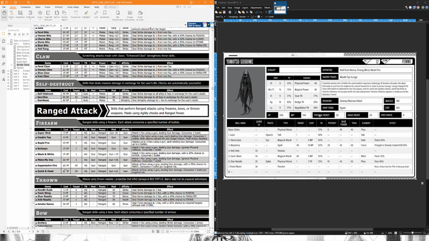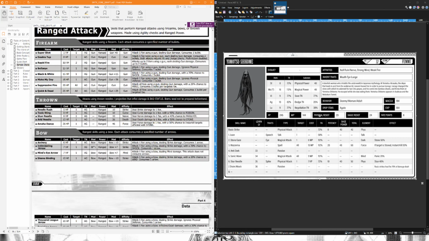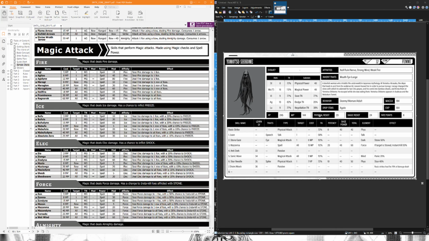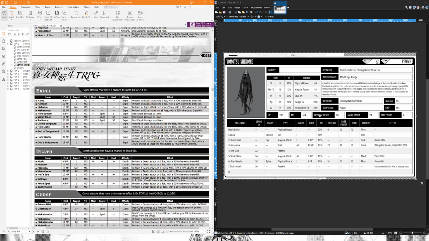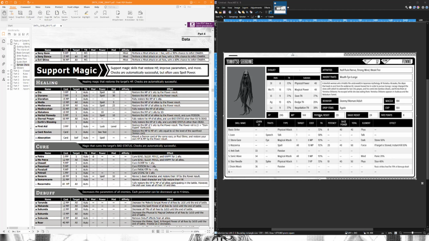Range attacks, so we have more firearm type weapons. There may not seem like a lot here, but I'll get to the items in a minute. So there's also a lot more skills in this one. What I wanted to show off, however,